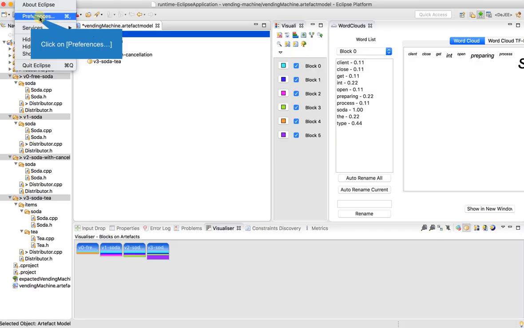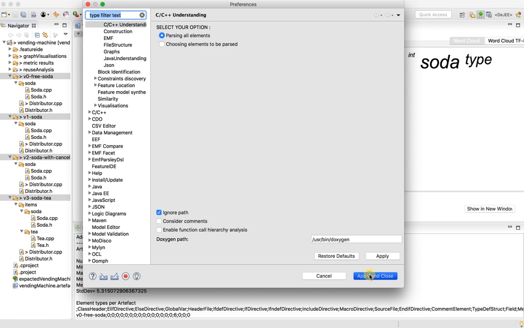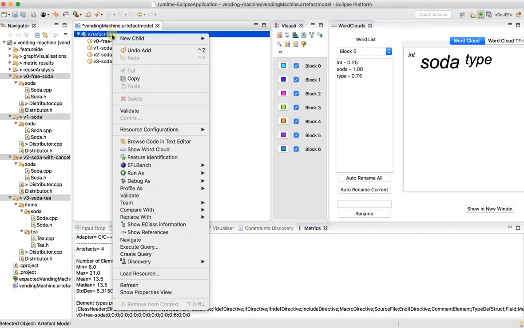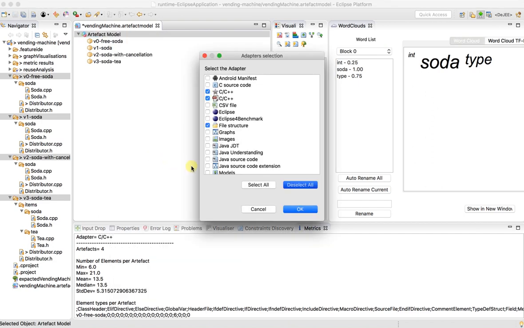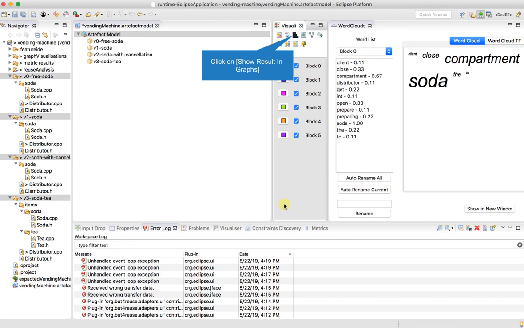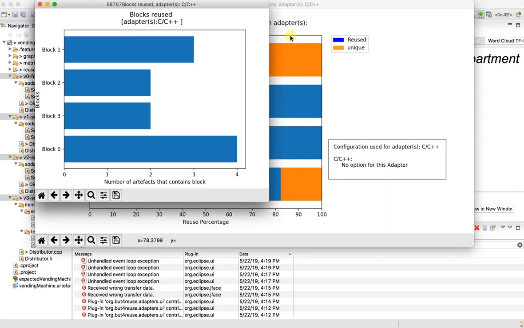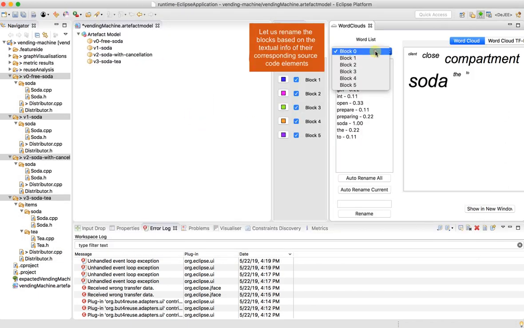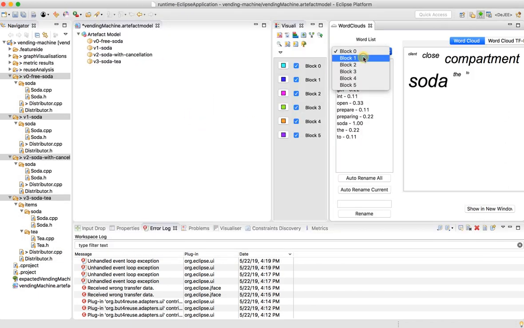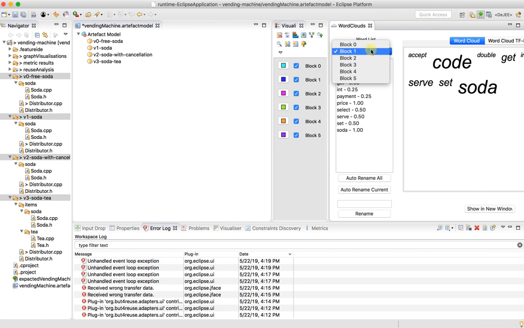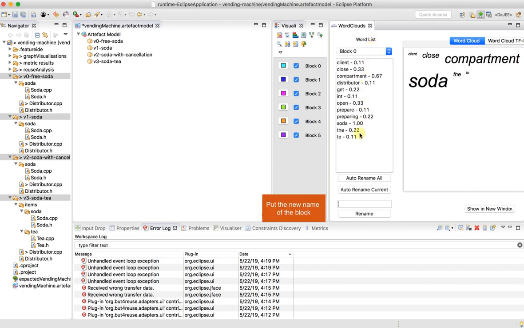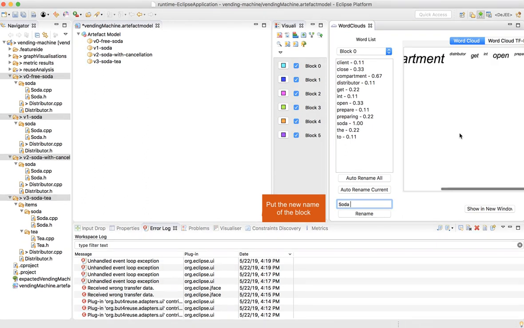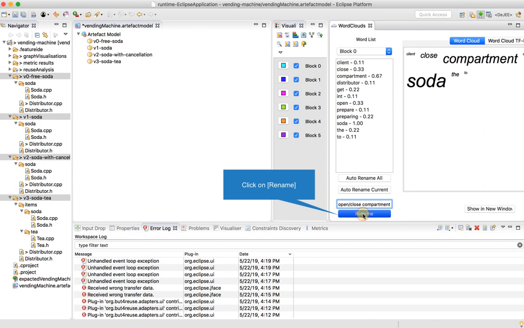Change the preference of BUT4Reuse. Select parse all elements for re-engineering. Feature identification. You can also generate the graphs based on parsing all elements. And use word cloud to rename the blocks based on the most common tokens in the source code of the block. Let's rename block 0 to soda open close compartment. Click on rename. After renaming all blocks,